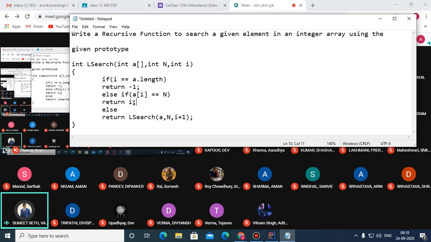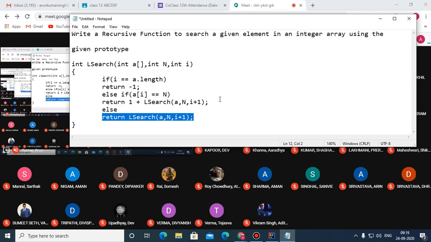Second will change. What to write here? 1 plus, not I plus, 1 plus. Every time 1 will get added whenever element is encountered. And the name of the function, L search. Then what to do? Yes, this is what we have to do. And if element is not there, then the rest of the things will be exactly same. Okay.